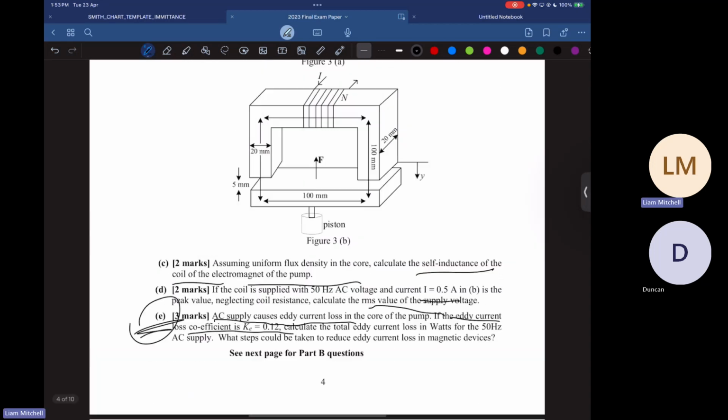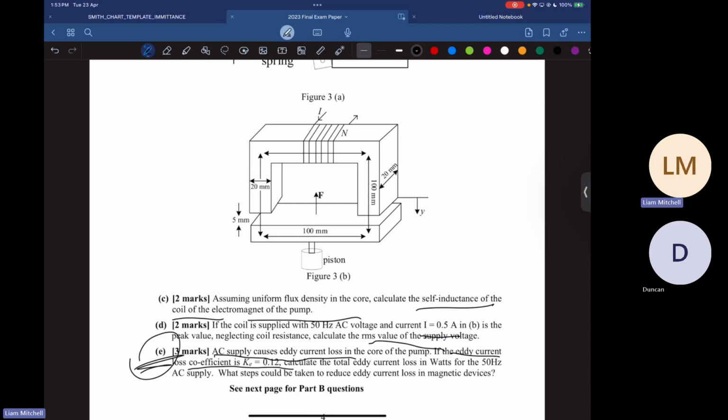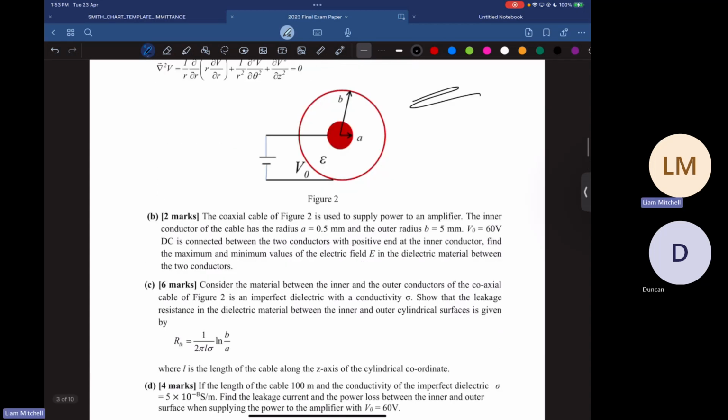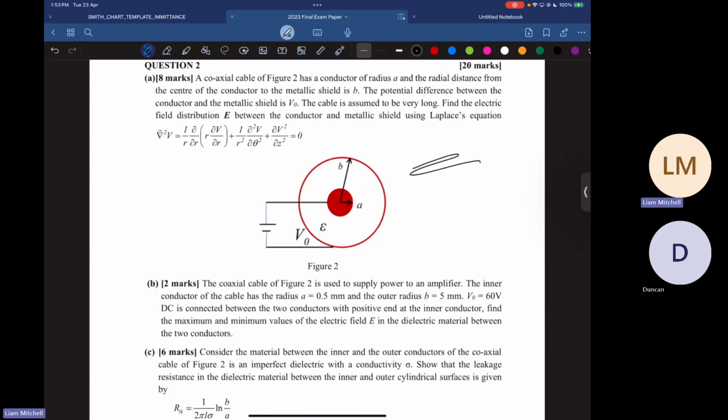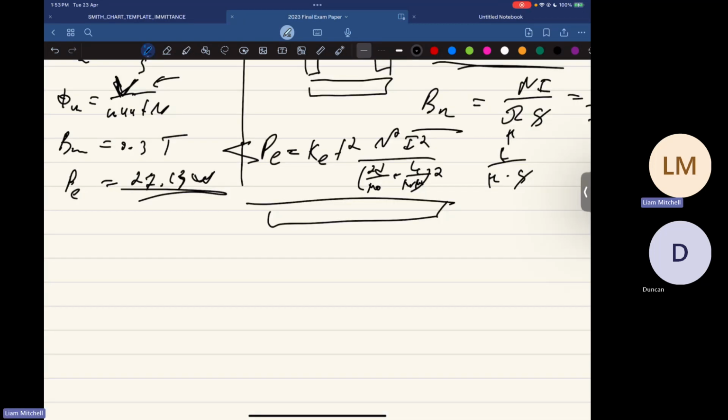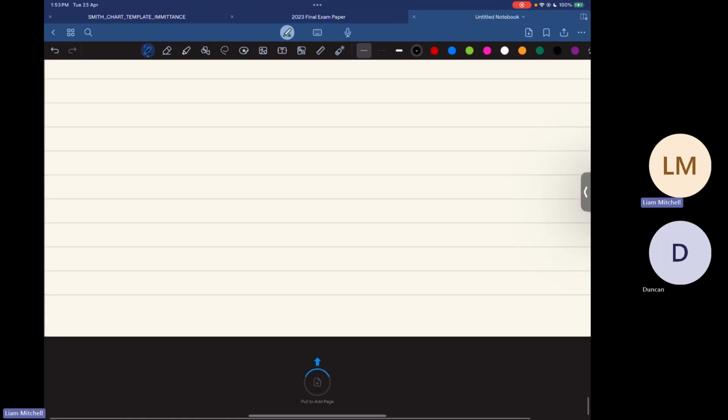Yes, that's the end of part A. You have 3 questions for part A and 2 questions for part B. Question 2, okay, fine. Question 2 is very similar to question 1, actually. Yes, I'm going to do it because